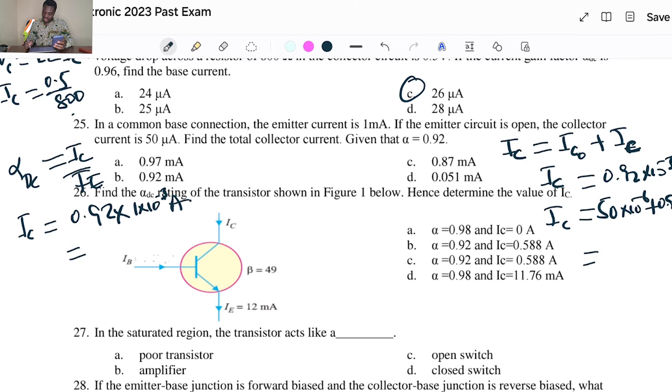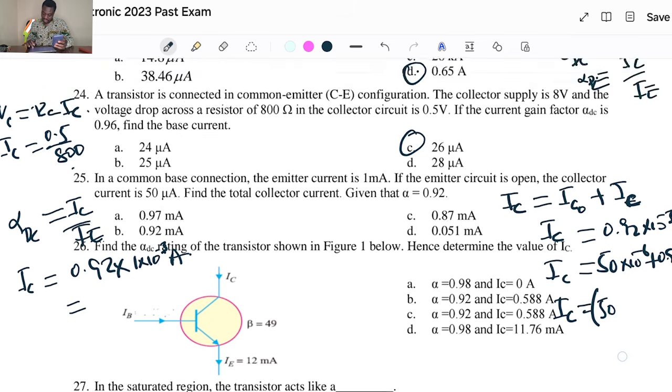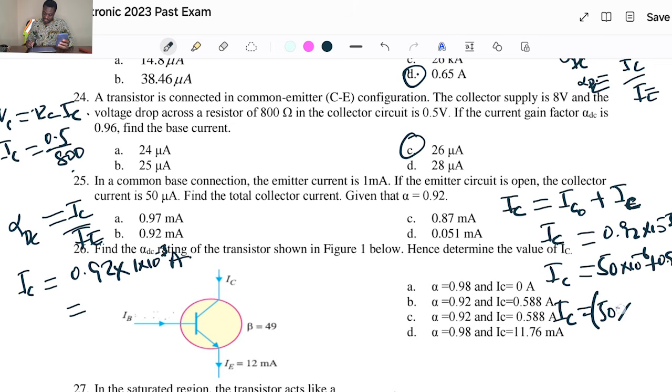You can see that we can even make everything micro so that we just add. If we make the milli to be micro, I can have 50 plus